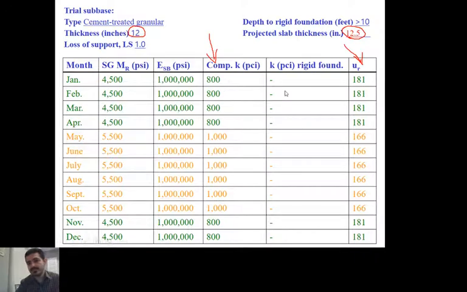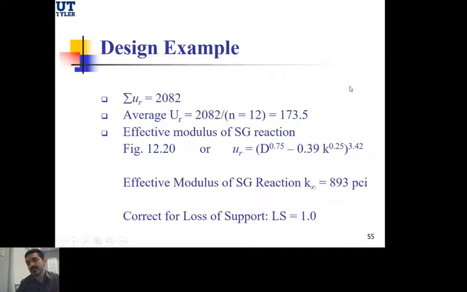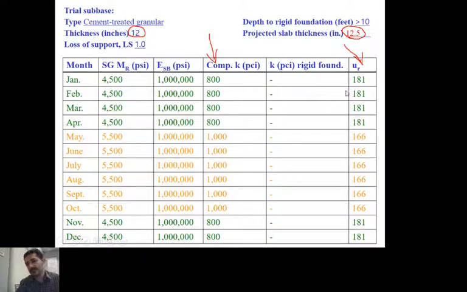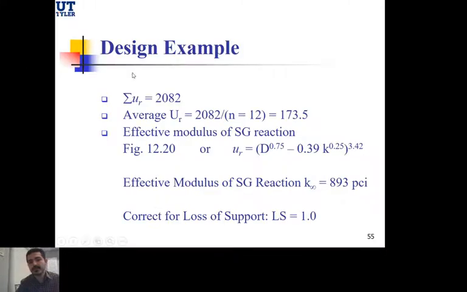Here, this is not going to change, but what's changing now is the relative damage. Why is the relative damage changing now? Because the relative damage depends on this equation right here, and this equation doesn't stay as is, because now the D, this is the thickness of the PCC layer. For the first iteration we assumed it's 10, but now it's 12 and a half. That's why we're going to repeat the